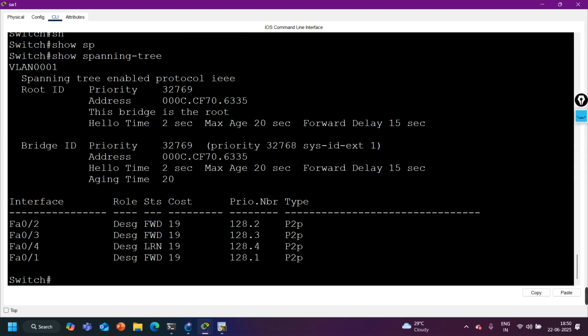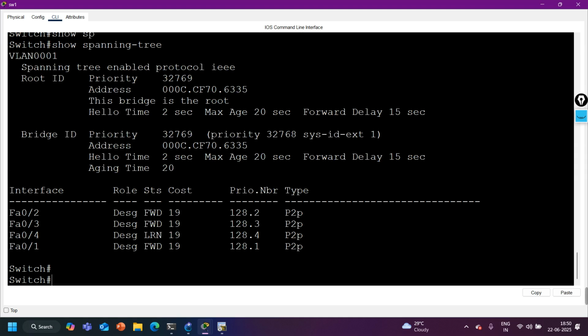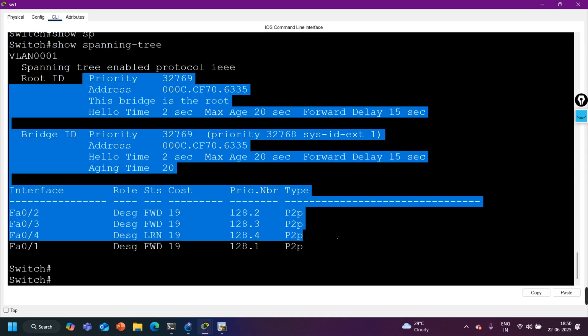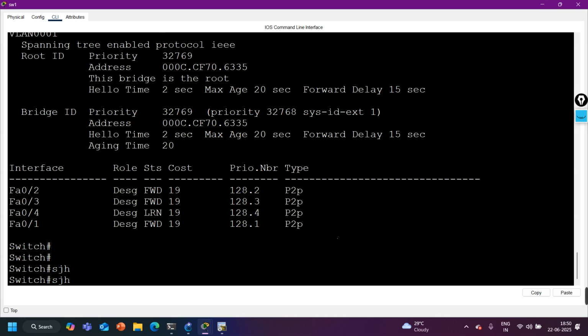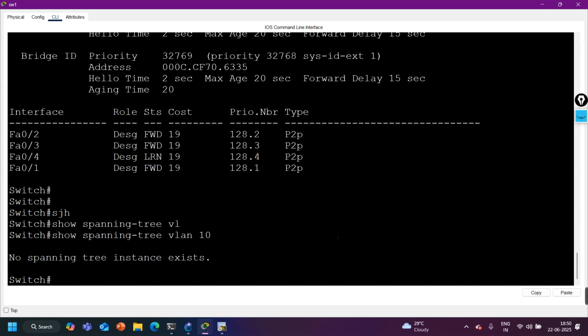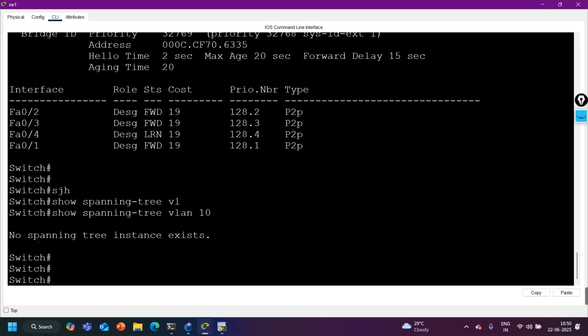We can use show spanning-tree command, right? This is the STP instance. You can see the bridge ID, which port is in forwarding state, which port is in error disable mode, which port is in learning state, is there any issue. We can also filter it with the help of VLAN. So show spanning-tree, and I can say VLAN 10. For VLAN 10, you can see no STP spanning tree instance exists,